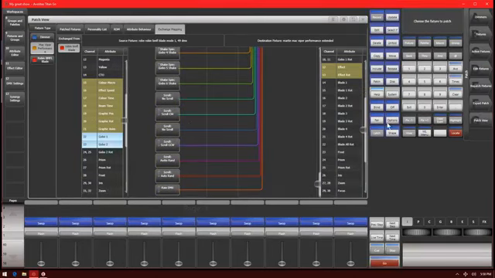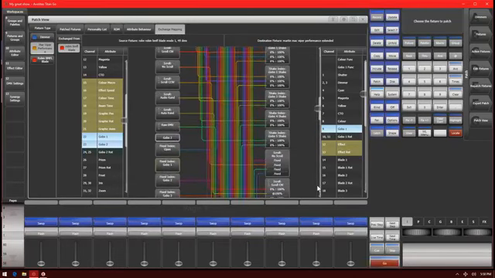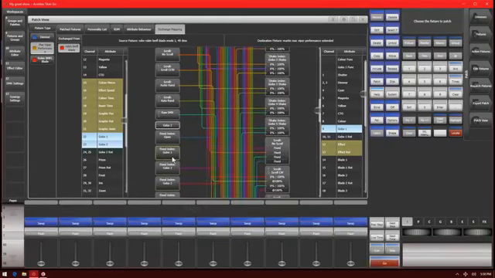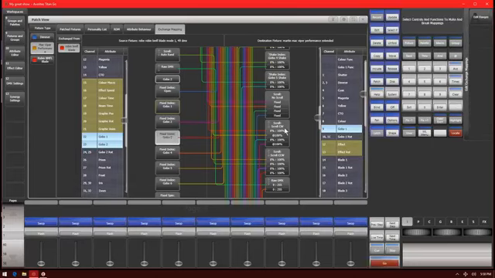Oh, because it's already got it all mapped for me. But yes, you can map different Gobo wheels, from Gobo wheel 1 to Gobo wheel 2, easily. Yes, here we are. So yeah, those were the right ones. Scrolling too fast. So if I wanted Gobo wheel 2's Gobo 3, I wanted it to be the equivalent of